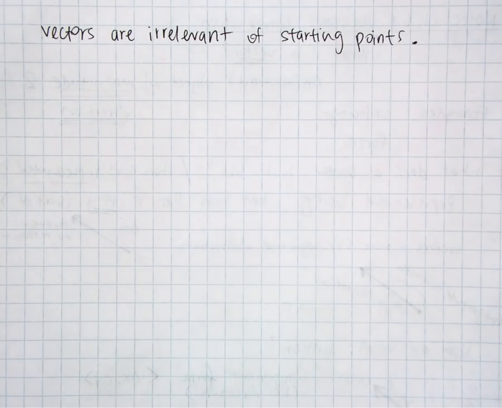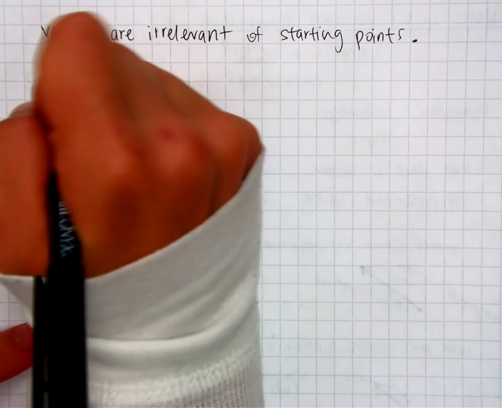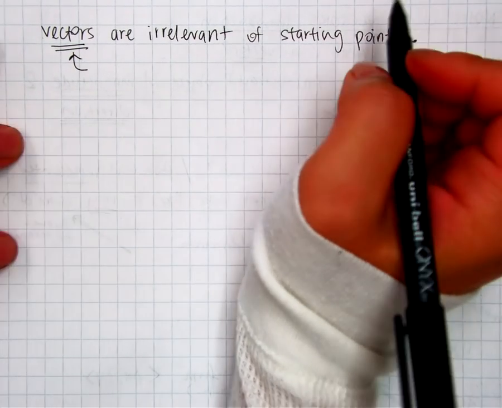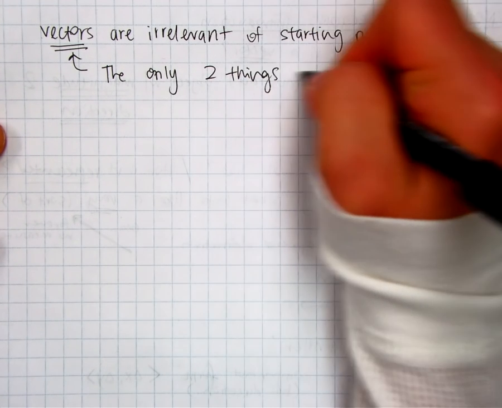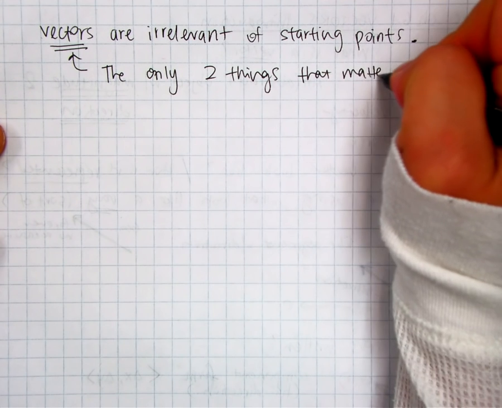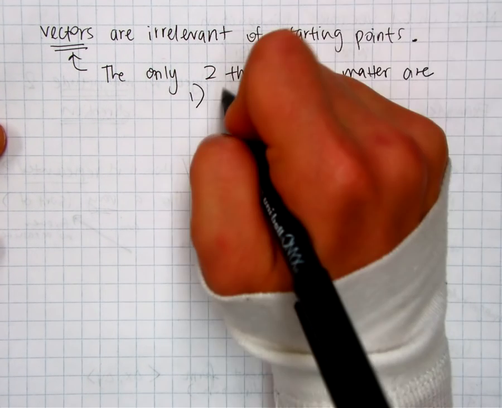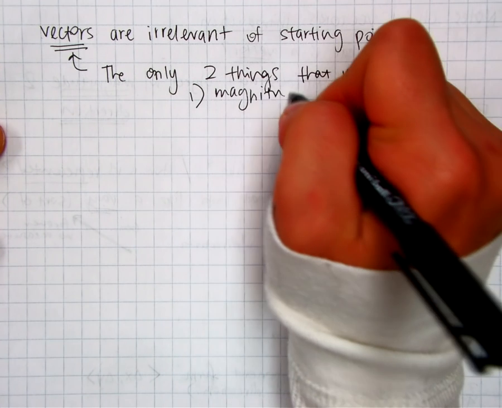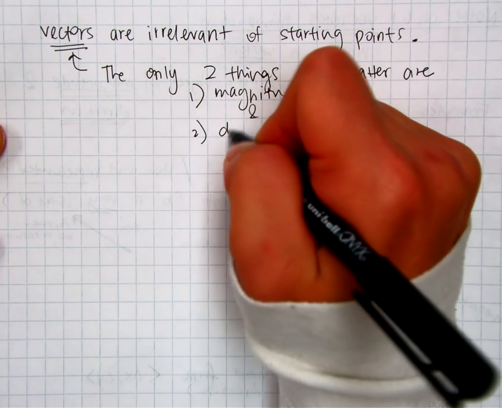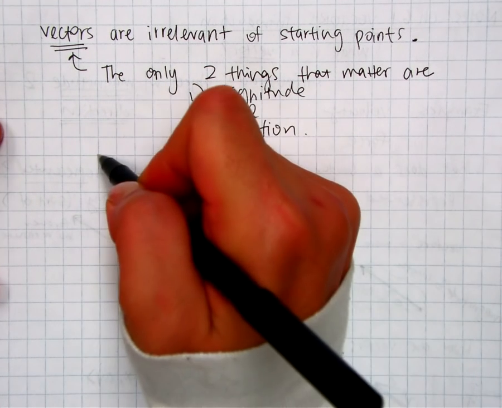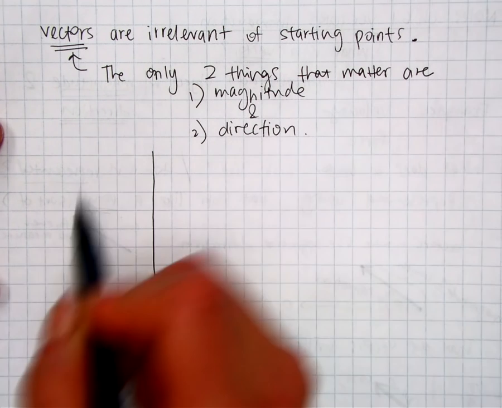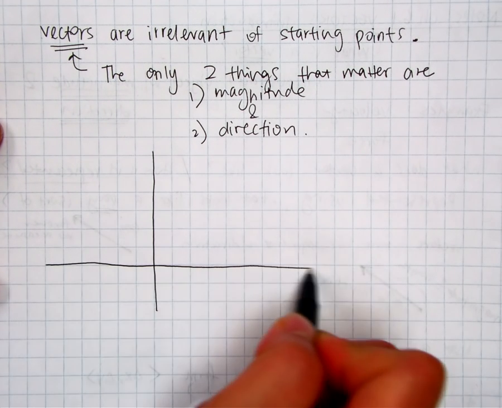All right, continuing on. Vectors are also irrelevant of starting points. Now, what does that mean? Because a vector really, remember what the only two things that matter? The only two things that matter are the magnitude and the direction. Those are the only things that matter, which means if I have a vector that looks, I'm going to go